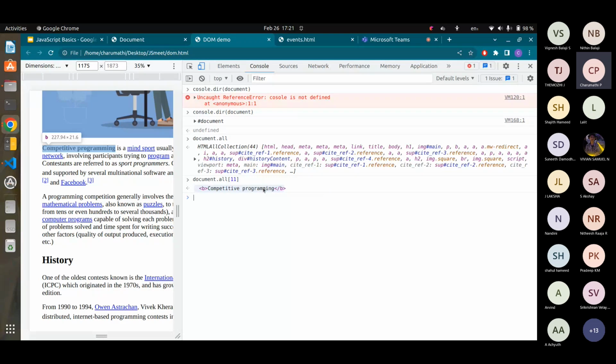And one such way is getElementById. It is a method in the document where when we call it, we pass a string, and this string needs to correspond to some ID of an element from the HTML file. So